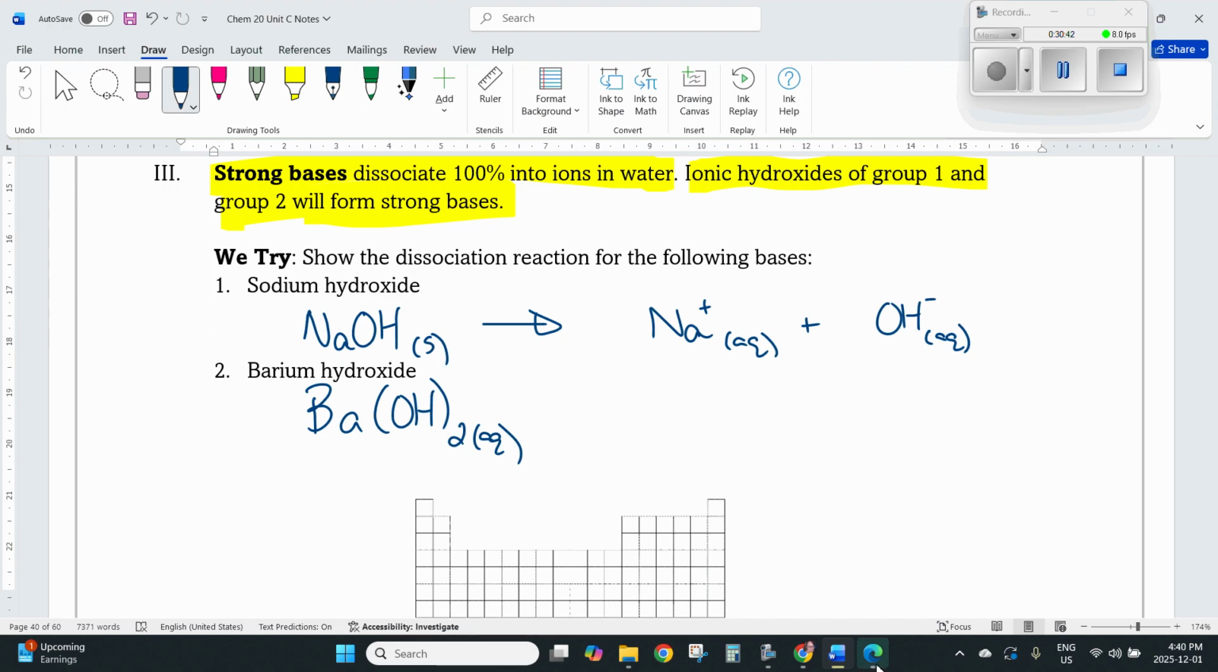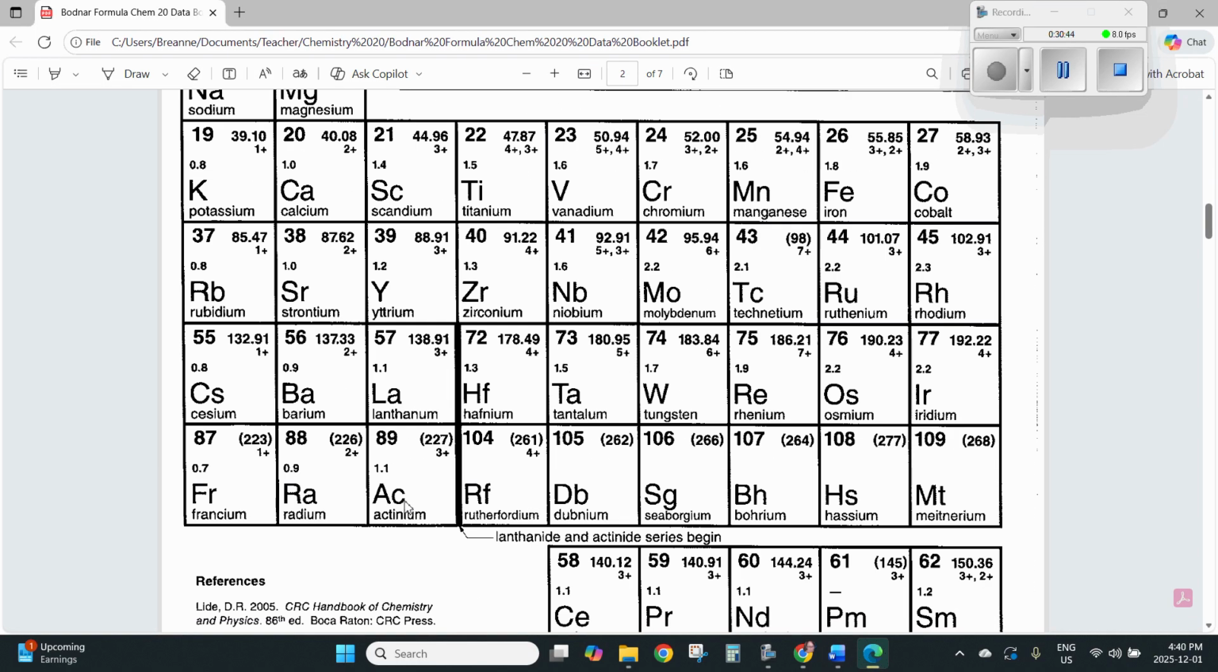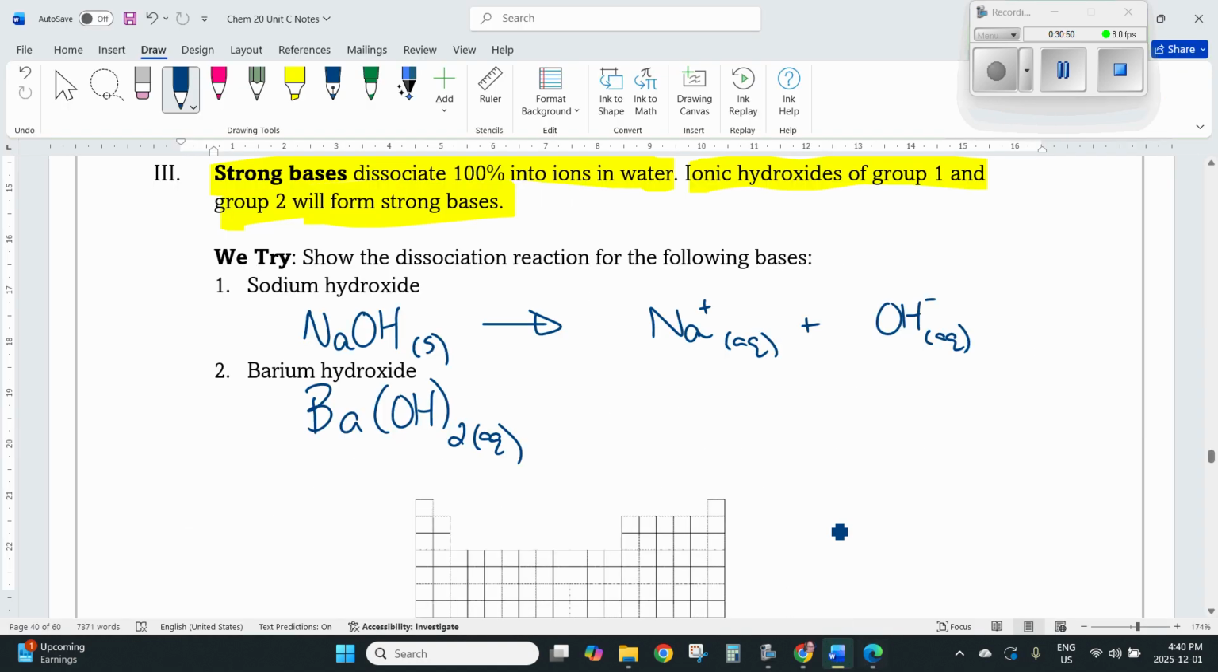Now, the reason I know that is because barium is a +2 charge. So that means I need 2 hydroxides to balance out that one barium. Now, what's important about some of these bases is that